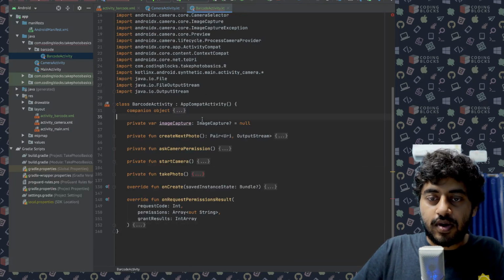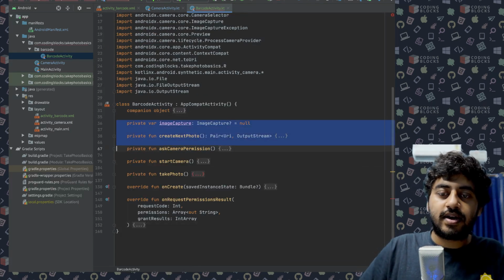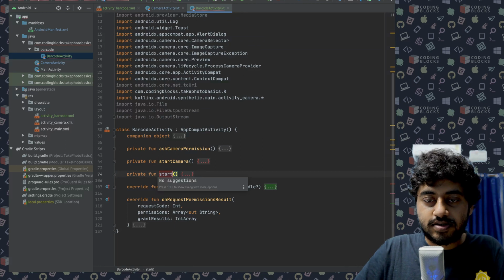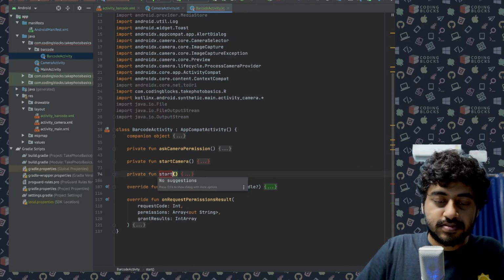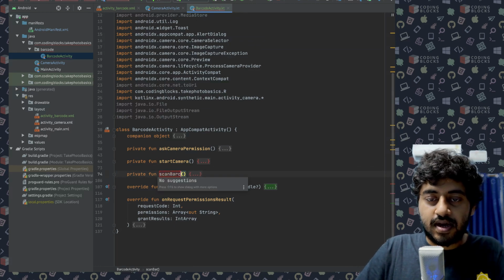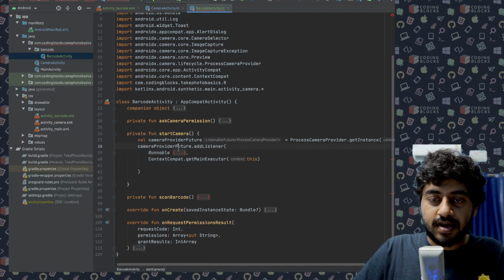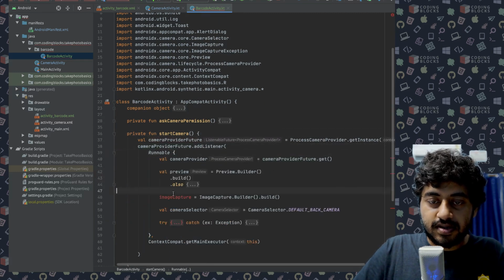I don't need image capture, I don't need create next photo, and instead of take photo, I need this function to be called start scan barcode, like this. Okay, so this start camera does not create this image capture thing.